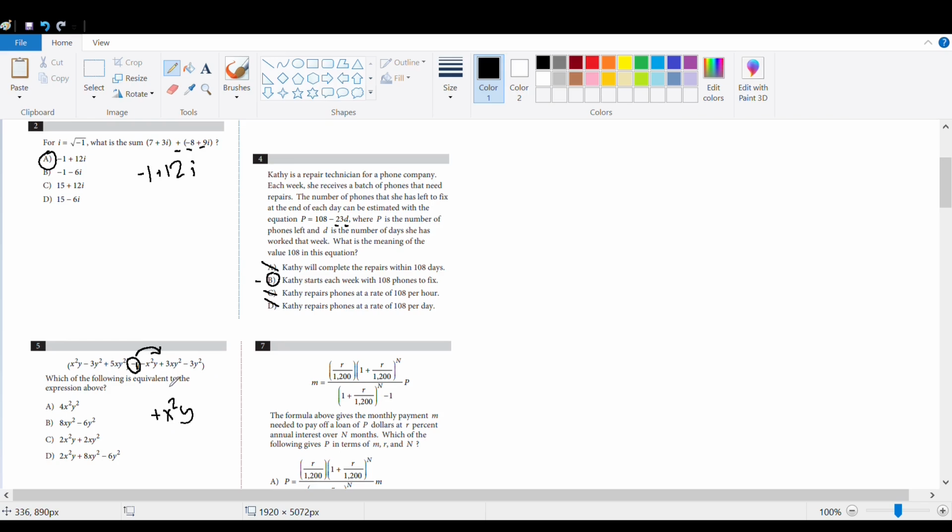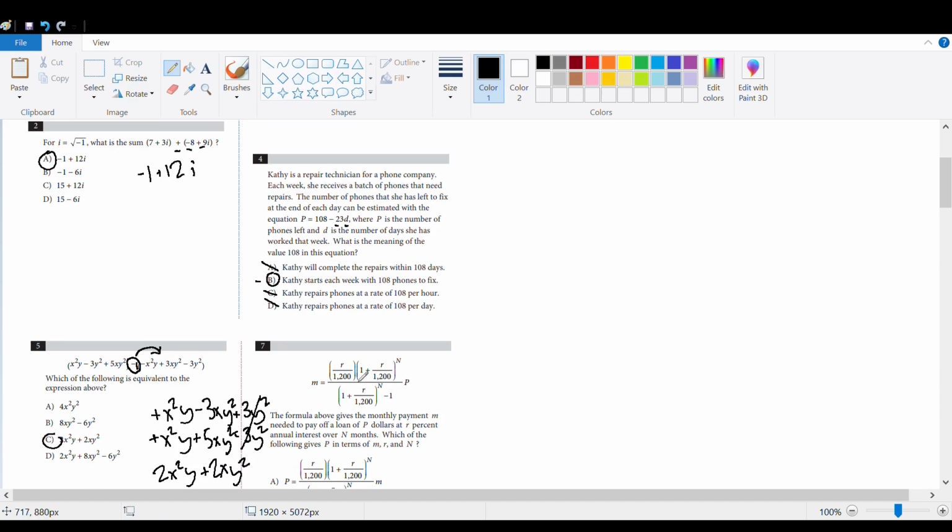And because this is positive 3xy squared, this will become negative 3xy squared. And because this is negative 3y squared, this will become positive 3y squared. So we just match each variable. So x squared y, we're going to add x squared y. Then here this is y squared, so we're going to subtract 3y squared. And then this is xy squared, which matches up with this, so we're going to add 5xy squared. So these three y squareds cancel out, and this becomes 2x squared y plus 2xy squared, which is